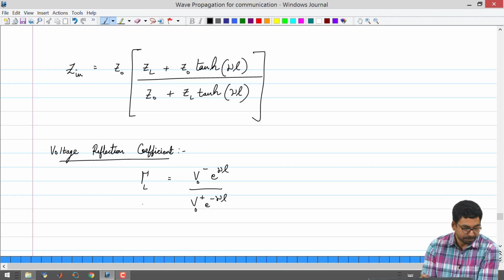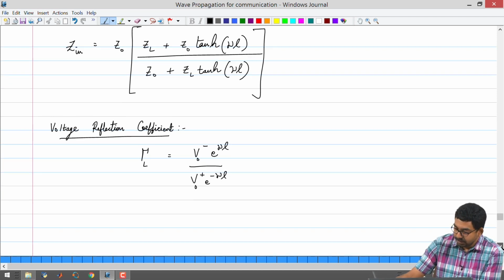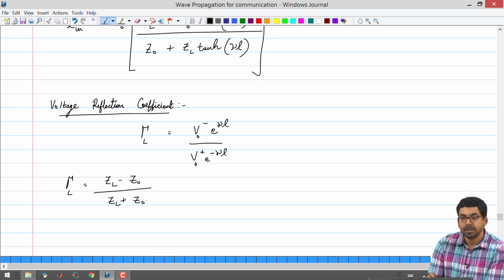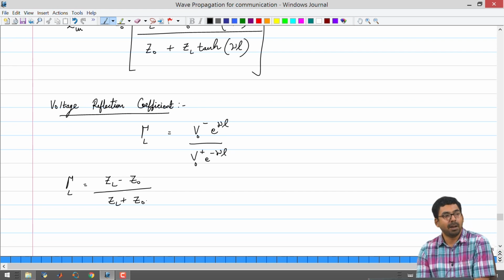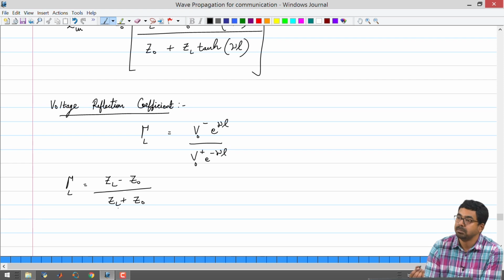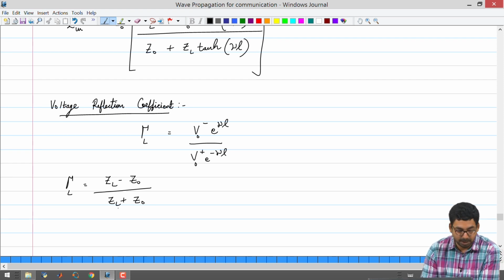That is all. Okay. The expression that we are already aware of is, we cannot remember all this, right. We can always say that we do know that it is going to be ZL minus Z naught divided by ZL plus Z naught. This we are already aware of from the previous lectures. You are free to use this to find out the load reflection coefficient. If you know ZL, Z naught, you will be able to find out what is going on with your load reflection coefficient.